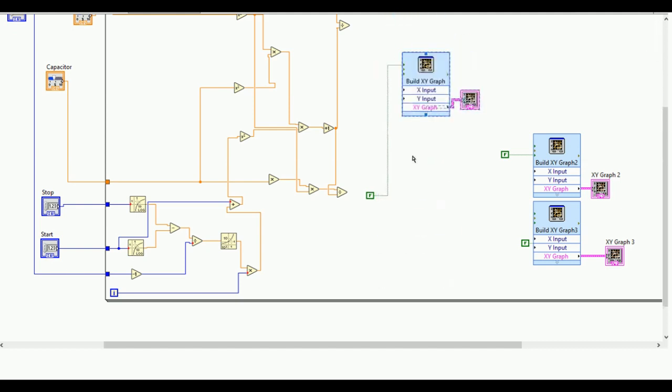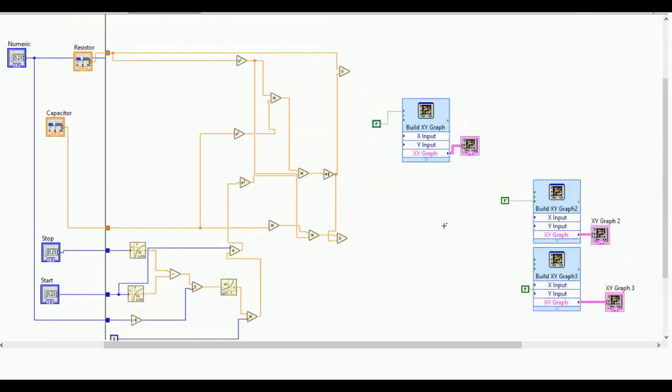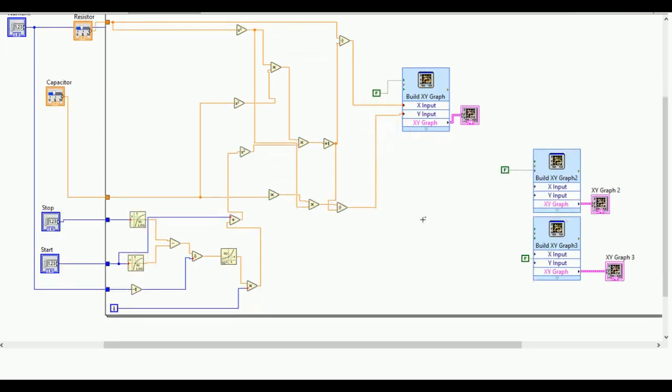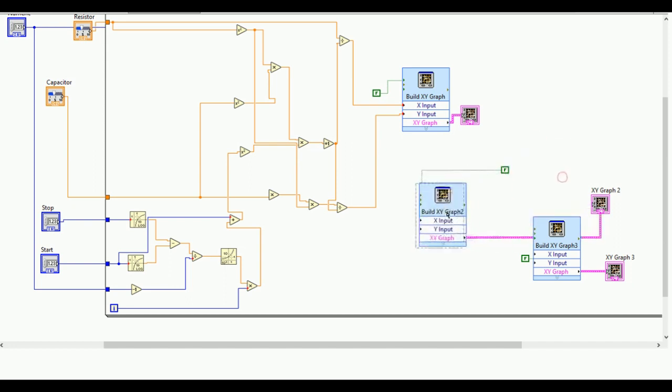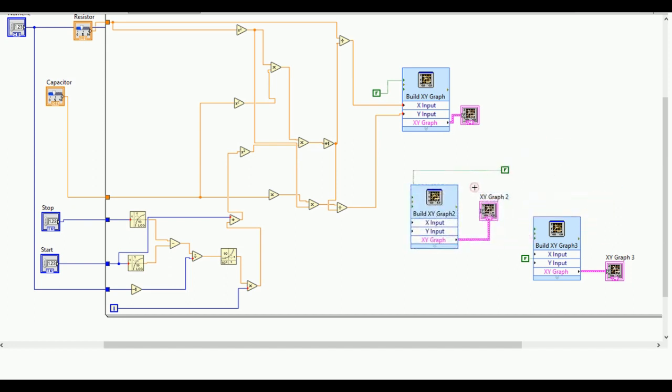So for the real part and imaginary part graph I will create, so this is the real part, so this will go to the x, and this is the imaginary part, so this will go in the y-axis. This is completed, and now this is the real part versus frequency. So for the frequency, so this is the frequency, okay, so frequency will go as x, and the real part, this is the real part, it will go to y,